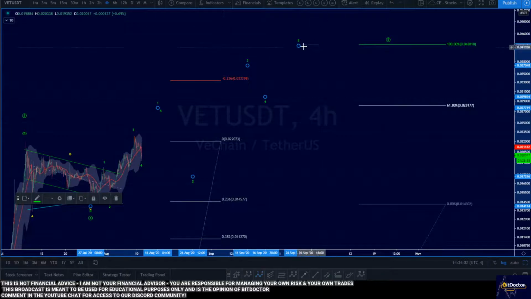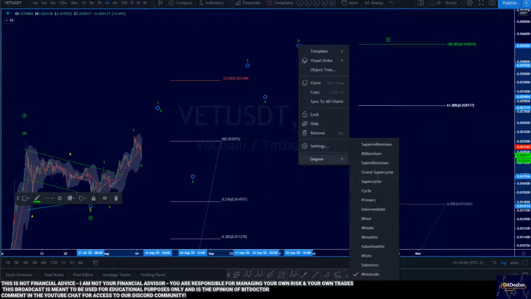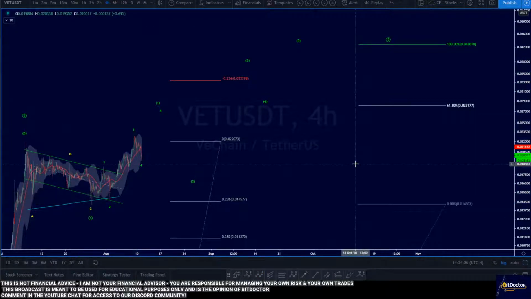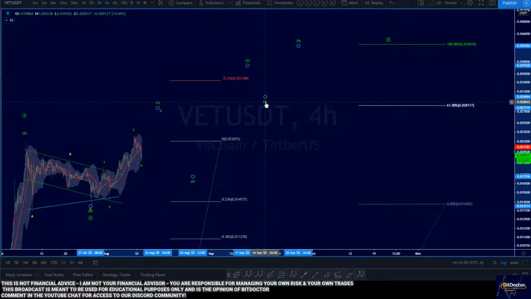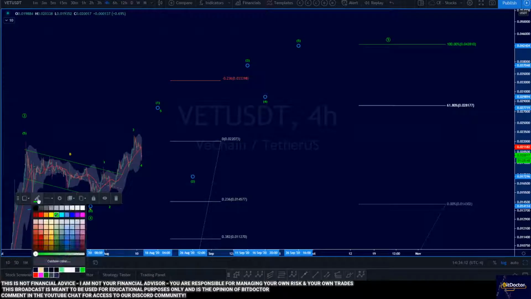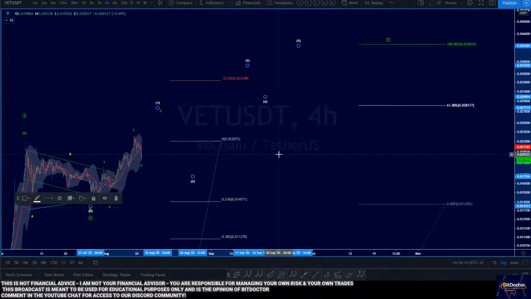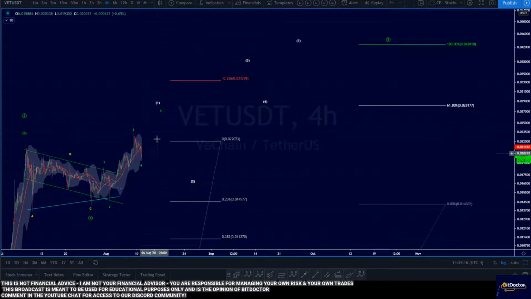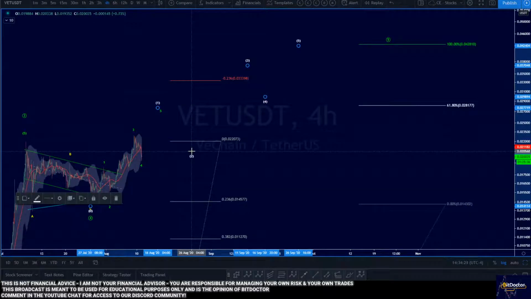Now, the timing is not going to be right on this. Generally speaking, I'm not the greatest when it comes to timing, and that's okay. I'm happy to admit that, and I've discussed that on the Discord as of recent. So again, what I think we're working on here is a 1, 2, 3, 4, 5. We do a little bit of a correction here into the 2. Maybe it's not going to be as shallow. Maybe it just comes right back to where we're at right now. And then we go up for the 3, 4, 5.